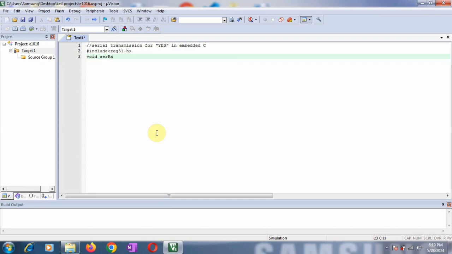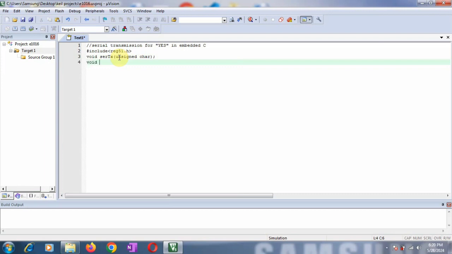I am giving the name SERTX, as I am doing it for transmission. I am giving the name accordingly. So serial transmit, and in the bracket I am giving the data type of the character that I am going to transmit. So unsigned char is the data type in the bracket.